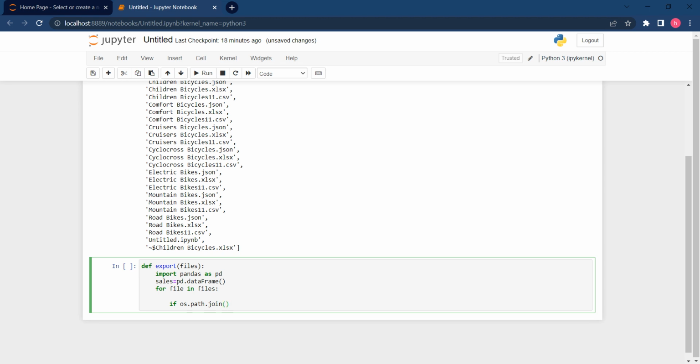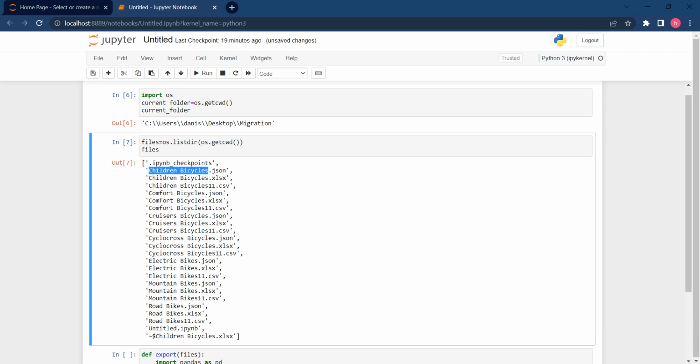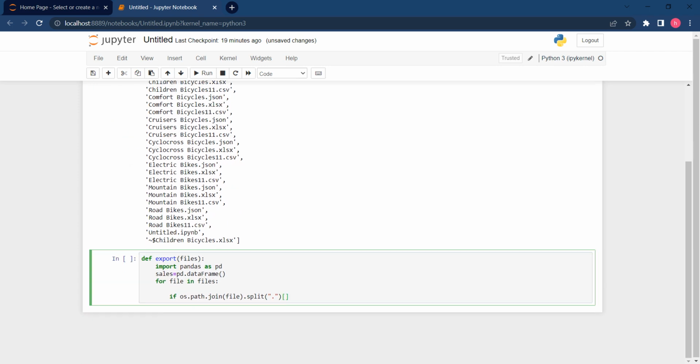So if os.path.join file goes inside parentheses, and then .split, of course, because I'm going to split by the dot and fetch the last word. Look, there is only one dot, so there are going to be just two separate words, and I'm going to fetch the last one. So if os.path.join file .split with parentheses and index -1 is equal to, let's say, xlsx,